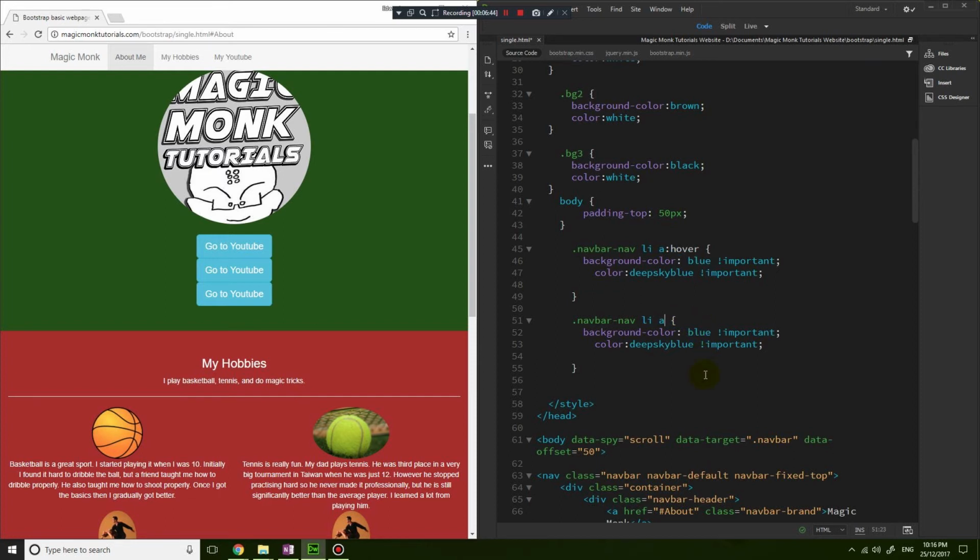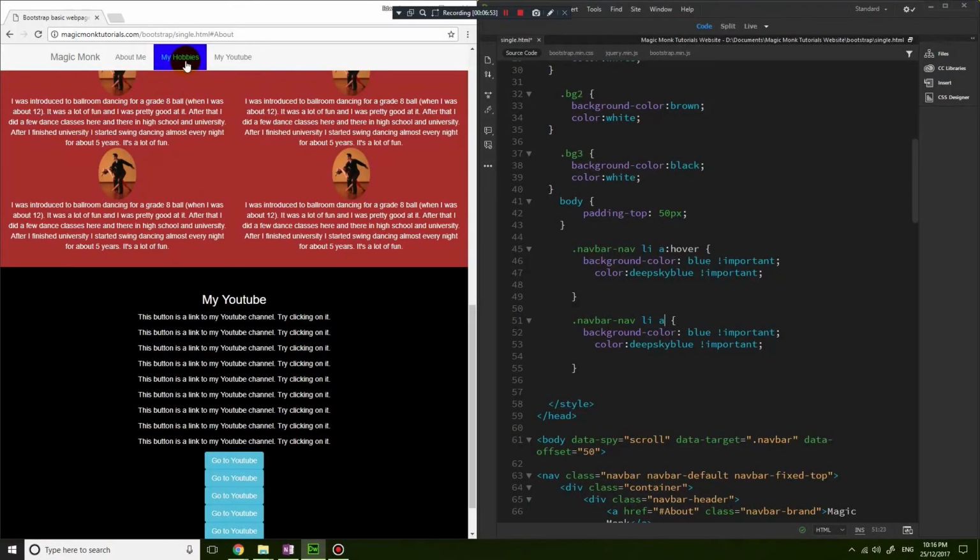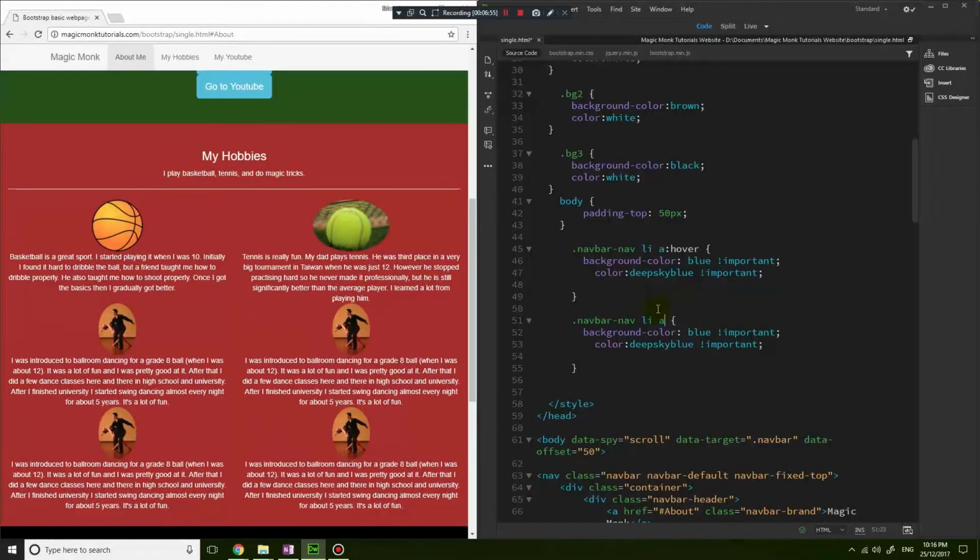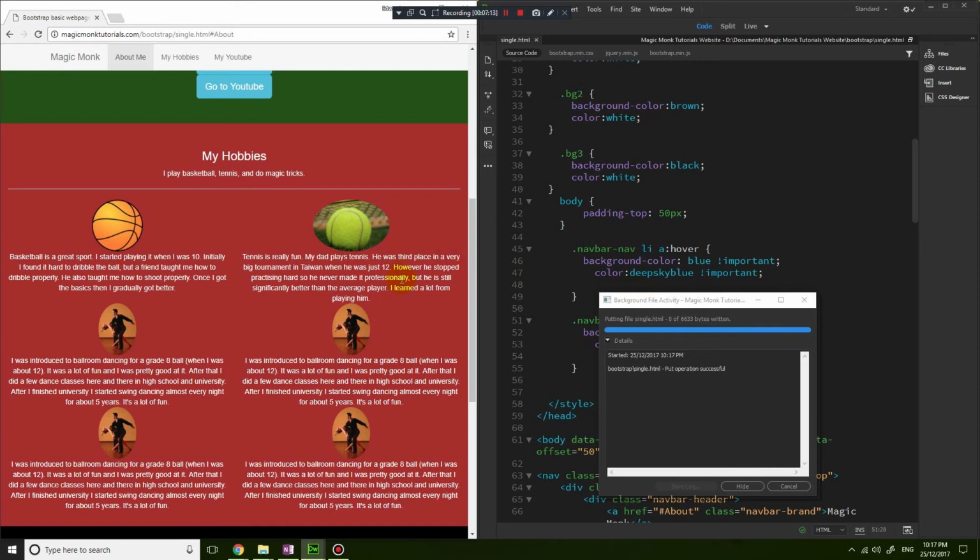And then the second difference is that wherever the gray bar is right now, that is the active element. So let's put here .active, because it's the active list item that we want to change the color for. So let's save that, and let's refresh the page,